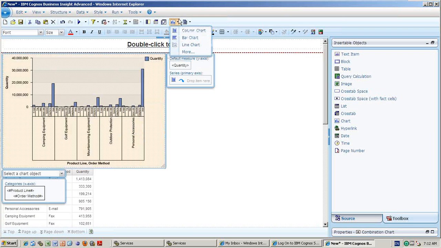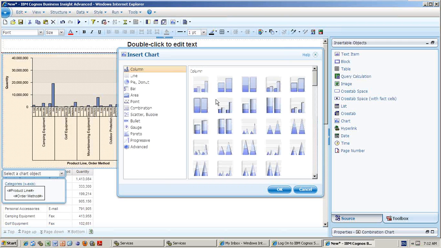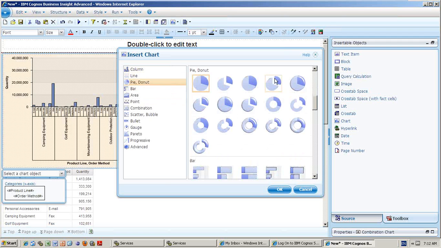Very quick. So bar chart, and more charts are available. But in Business Insight Advanced, some different charts are available. It's nice. Actually, you can see it. See this. Very good charts are available. See this one.